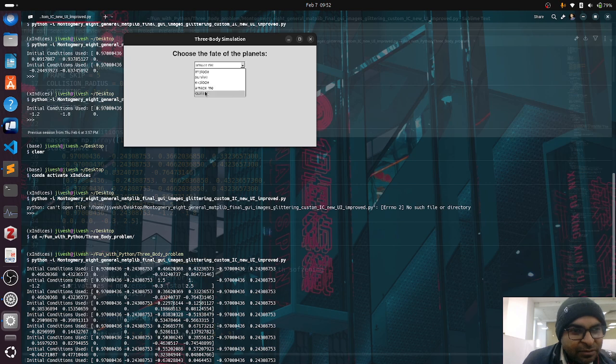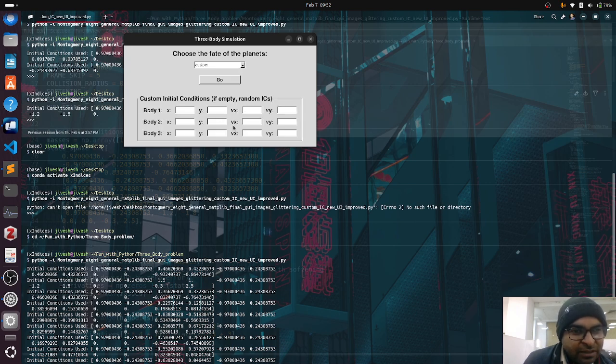Now this case of custom. If we don't give anything, this will automatically take the amaze me case and produce the initial conditions on its own. But let's say for now we give it some conditions, just to see. I have listed out a few. I'm going to give it here.